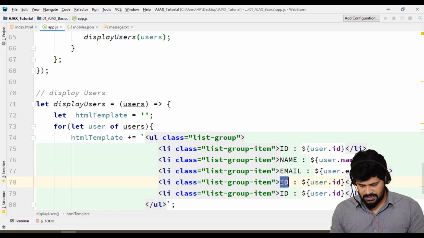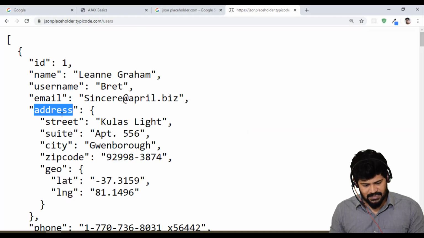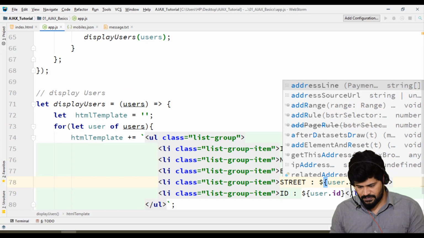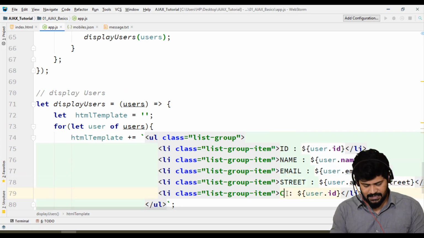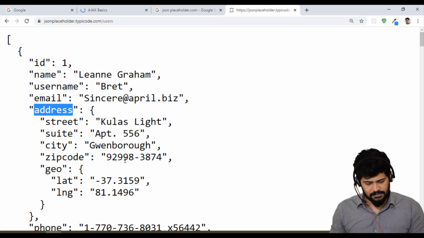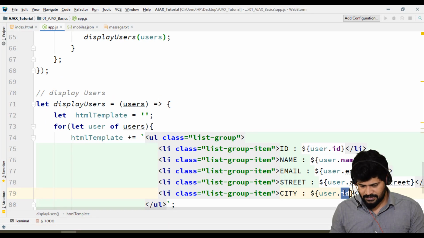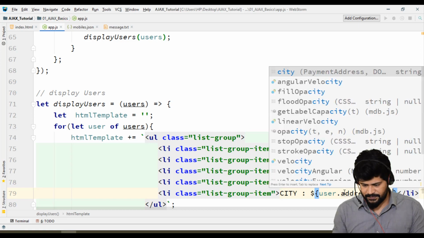How do we get street? address.street and city, address.city.